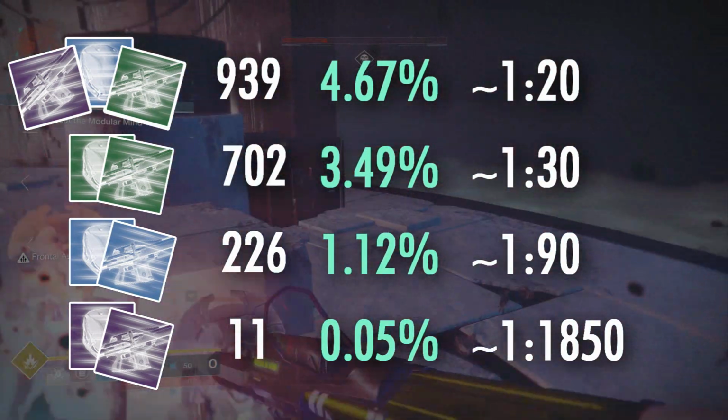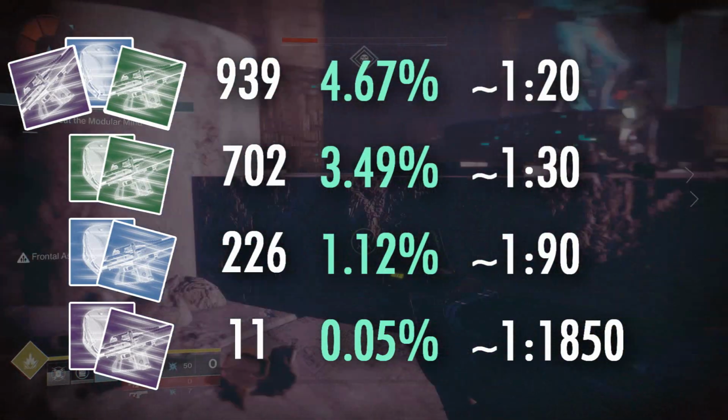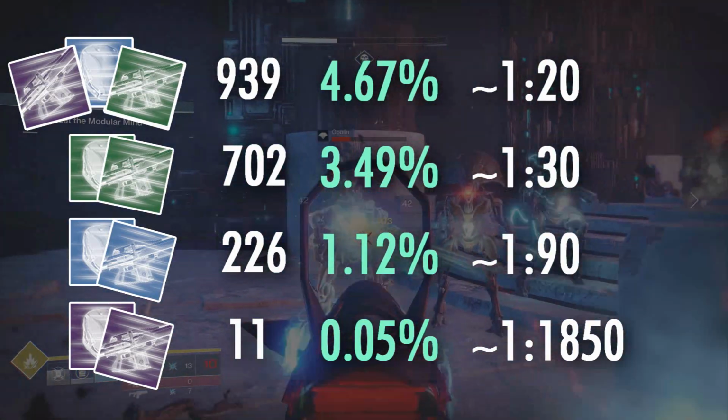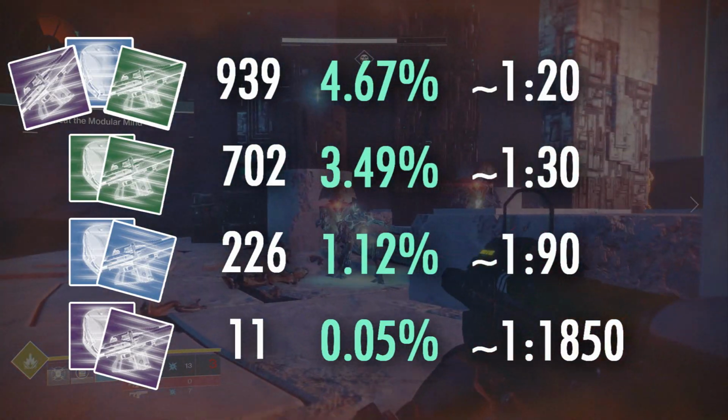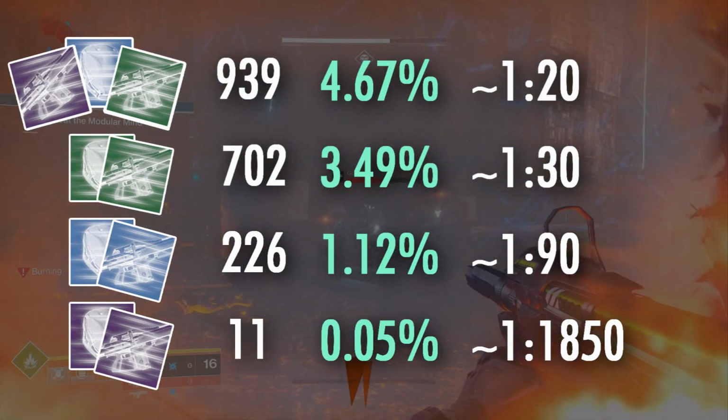Kill. Kill for 3 hours and you get 1 legendary engram. Don't farm legendaries this way. That's all I'm saying. But let's finish this up and answer the final question: how common are random engrams over